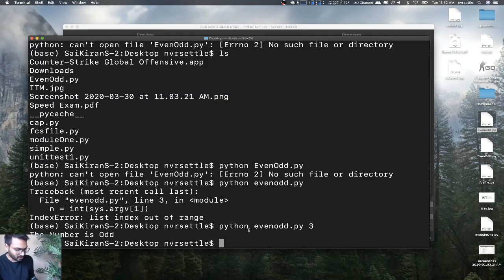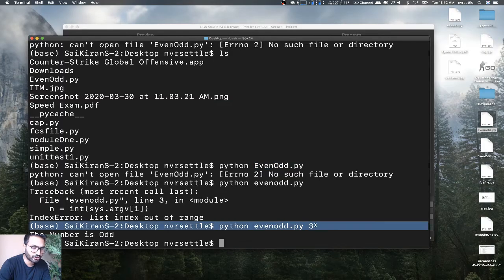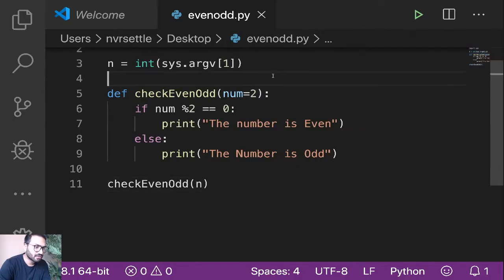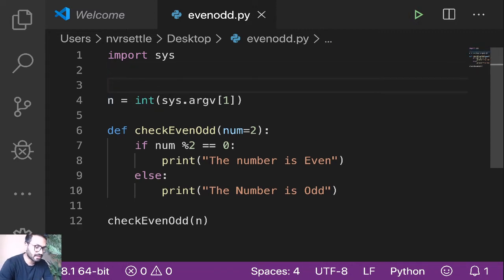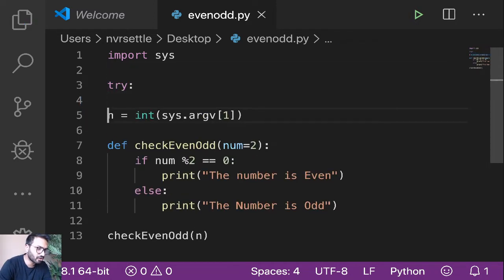So what we have learned right now is how to make your own module. This py file is your own module, and after that, how to pass your argument. Now if that argument is not there, you can actually try and except it. For example, you can do a try block here. So try this thing, and if there is an except,